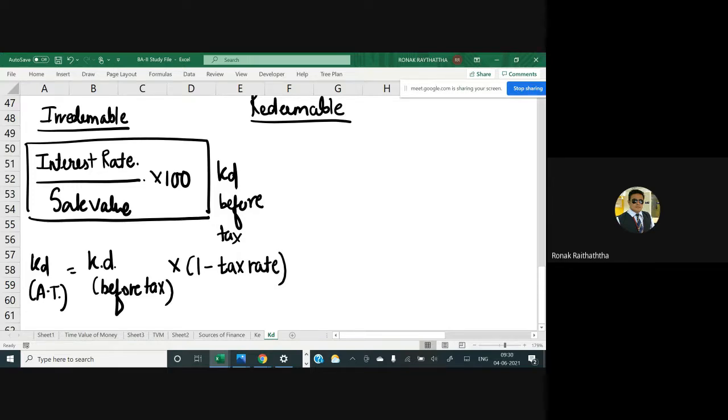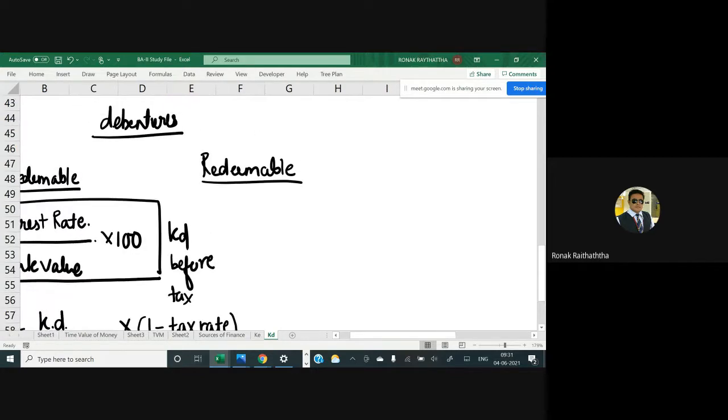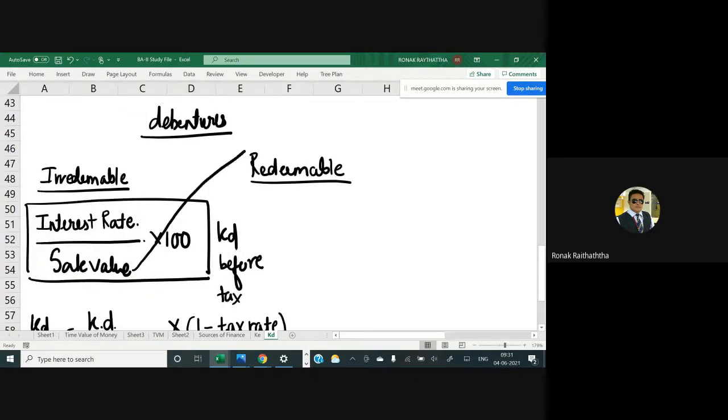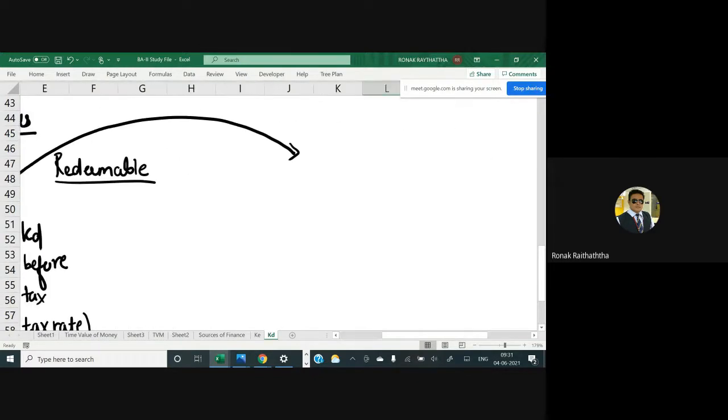Now some people will be like, what is this sell value, sir? I'll come to that, because there can be the discount on debenture when the debentures are issued. There may be issued at the premium as well. There would be some flotation cost as well for the distribution of debentures. So that's why the sell value would be different from the face value of the debenture. I'm coming to that point, don't worry. Okay, let me just take the sell value right now, then I'll go to the redeemable.